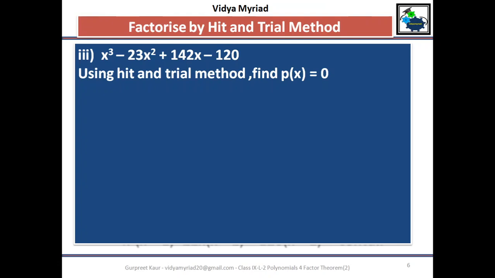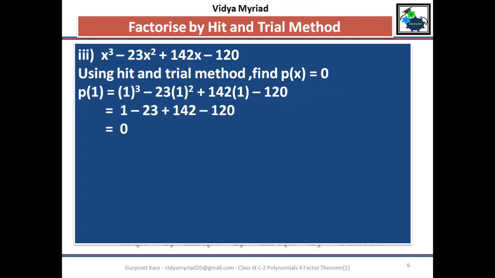Okay. Now see. Here I have put 1 in place of x. When I solve this, I am getting 0, which means x minus 1 is a factor. Now why x minus 1? Why not x plus 1? When I say x minus 1 equated to 0, what will I do? x minus 1 equal to 0, so x is equal to 1. That 1 I am putting over here in my polynomial. That is why we say x minus 1 is a factor.